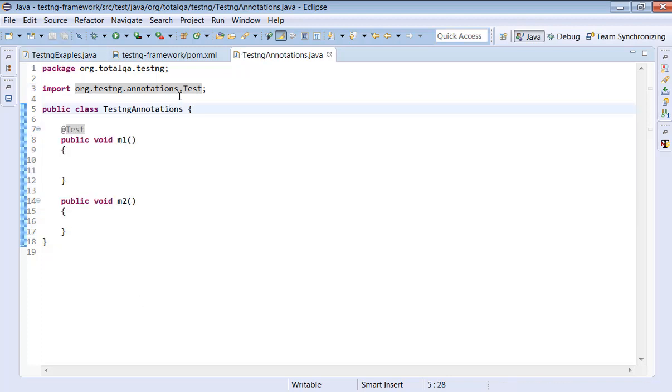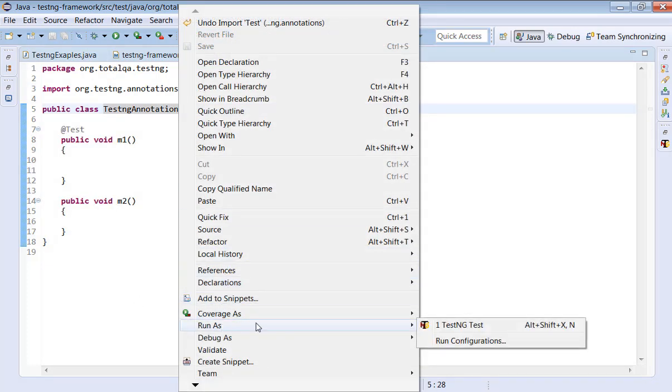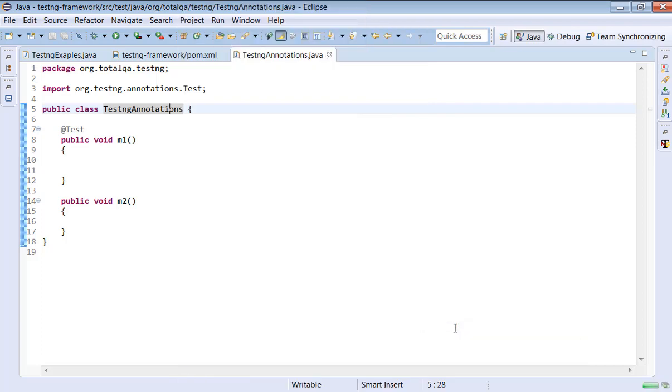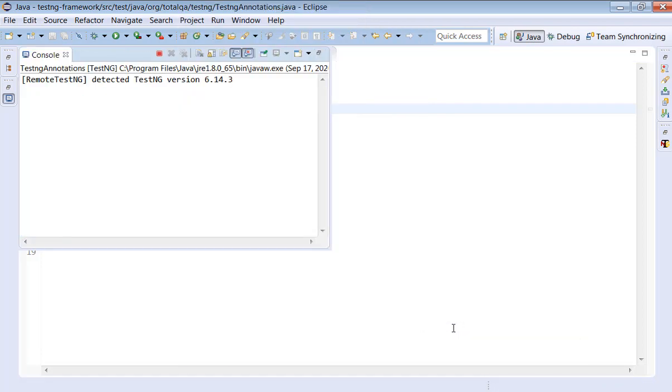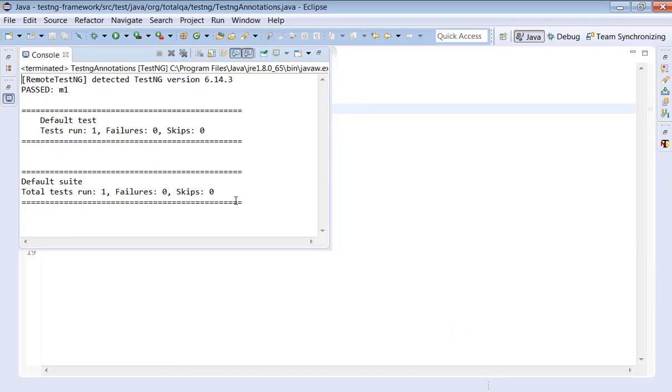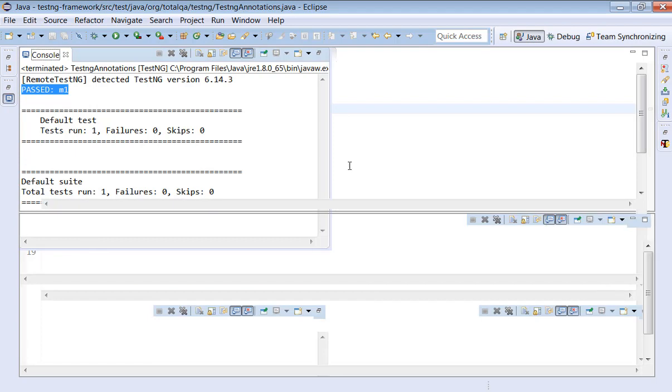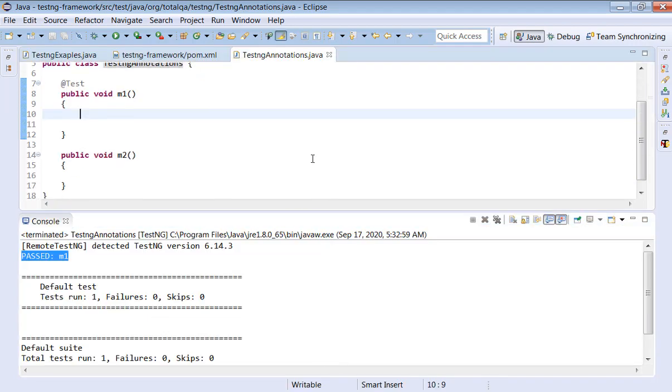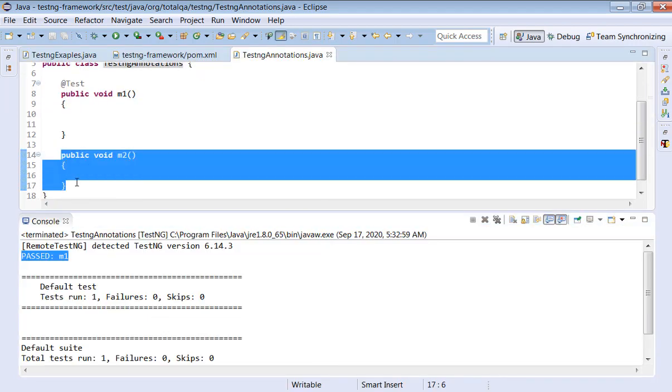How do we know? If you execute the program, right click, run as TestNG test. This will show only when you have the plugin installed successfully on Eclipse. Click on TestNG test. It shows how many methods? Only one method, that is m1. Why? Because m2 doesn't have any annotation.